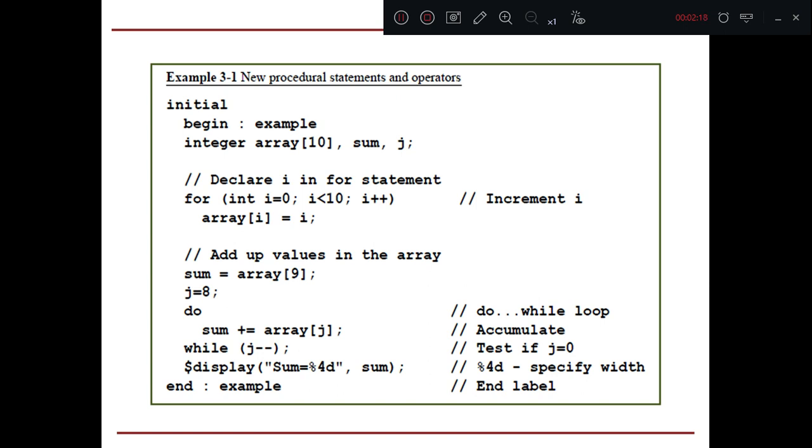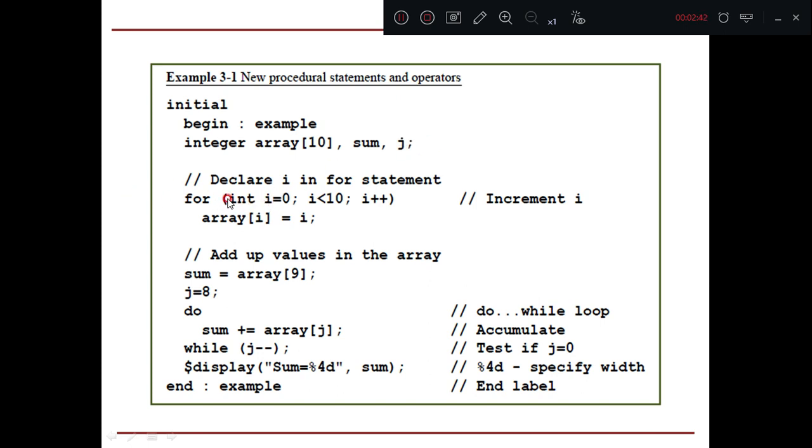Now what are the new procedural statements and operators? See here, this is a simple example, anybody can understand this. We have the initial, we have begin. See, begin has the label of example. Then integer array of 10. The integer array is declared with size 10, along with sum and j.